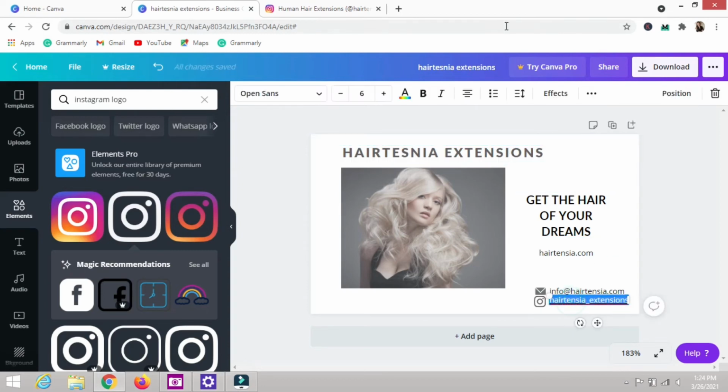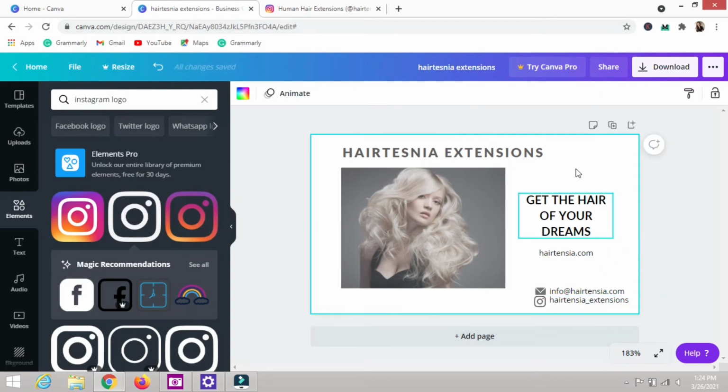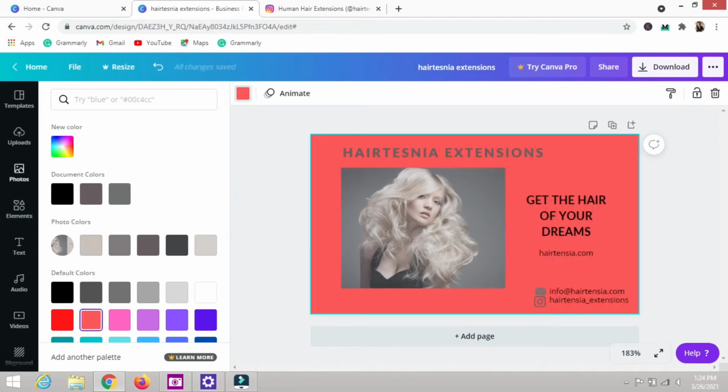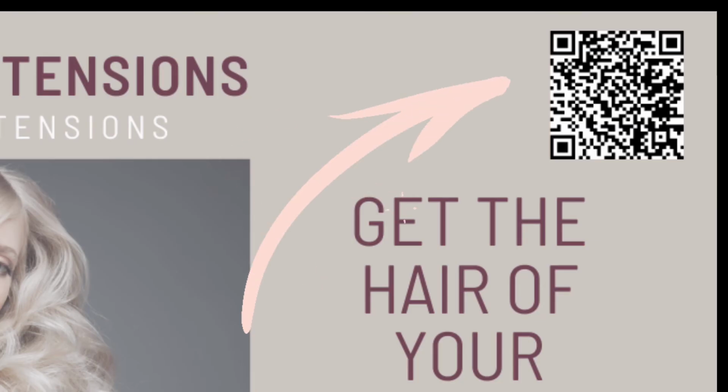After linking the Instagram account, we'll do the same with the web address, yet of my website in this case. After finishing this step, both the Instagram account and the website have become clickable links. Now I am going to show you how to add a QR code to your business card and present it